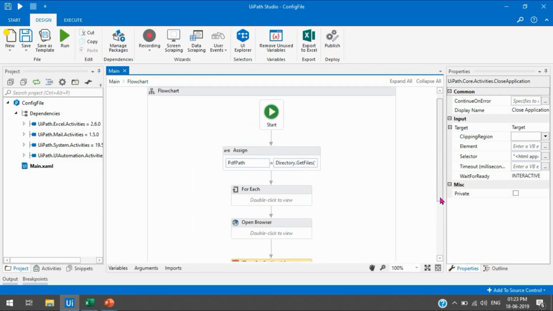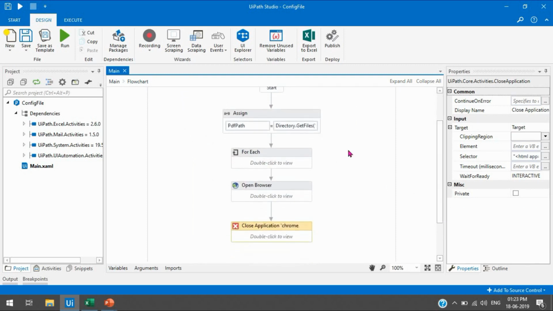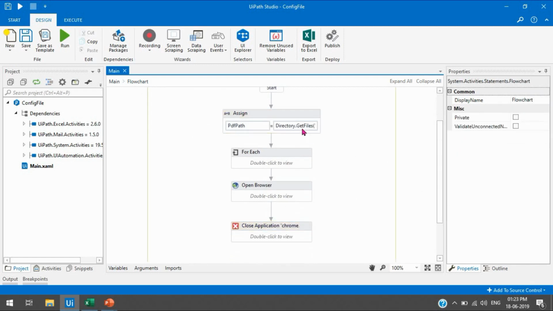Now here I'm just going to tell you one thing. Here we are passing the full path, like F drive, UiPath practice, config file, PDF file. This is the full path. So what will happen if you change the path?